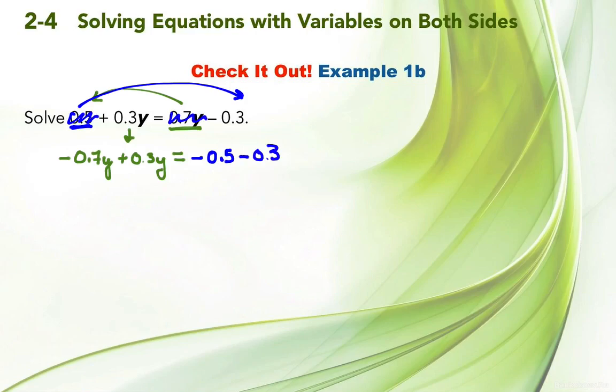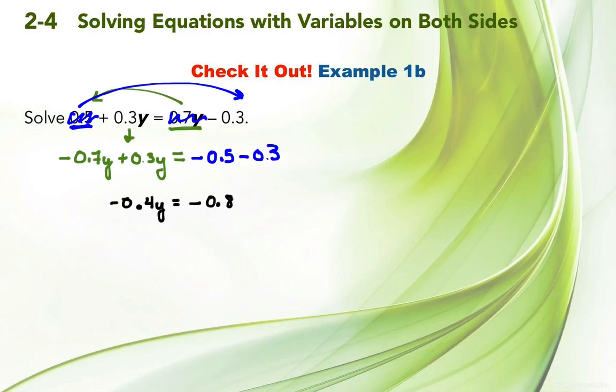So combine like terms, I'm going to take the 0.7 here and the 0.3. I'm going to subtract those. Signs are different, so I'm going to subtract. So this is going to be a negative 0.4. Let me put a 0 there. Y equals 0.5 and 0.3. Signs are the same there, so I'm going to add and keep the common sign. The common sign is negative